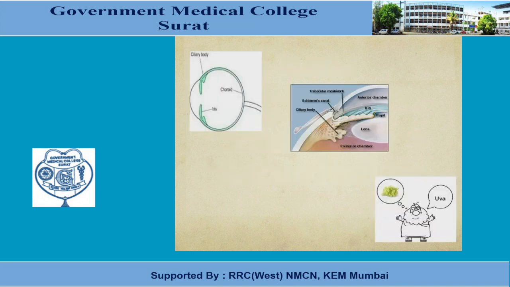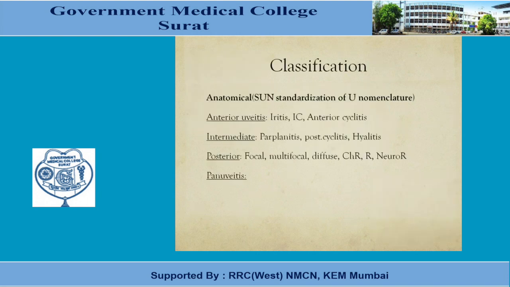So as he rightly told that this is how in a cross section we see our eyeball. Okay, so that's your iris, ciliary body and choroid. Okay, so retina is in front of choroid or behind choroid? In front of choroid, right? So most of the choroidal diseases or inflammation will even involve retina, isn't it?